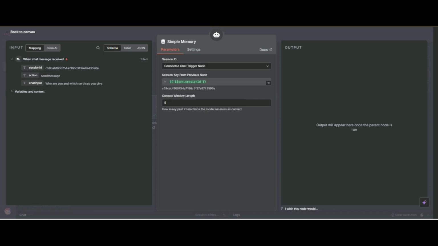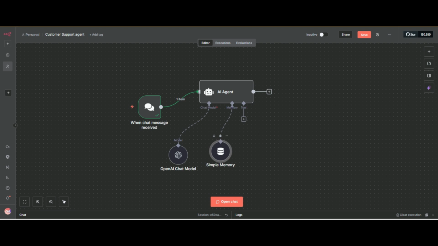But when we are building a SaaS product, a SaaS system, we need more. Now we have added our chat model and simple memory. And there is a third section where the magic will come. This is the section where the AI agent performs work, retrieves data, sends data, or does any other kind of work. The agent will work. So now we have added OpenAI and simple memory, so we have to save the workflow.